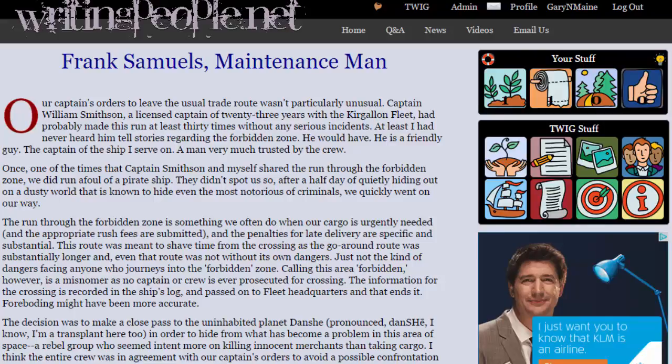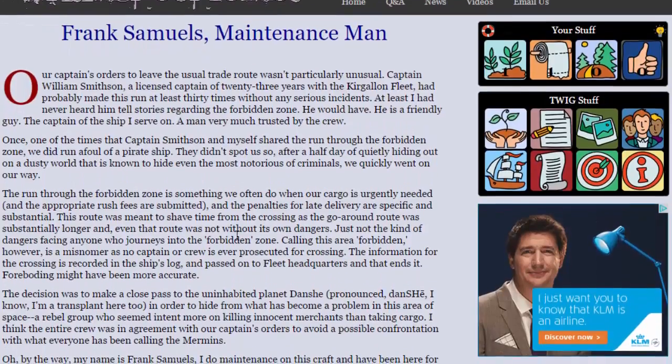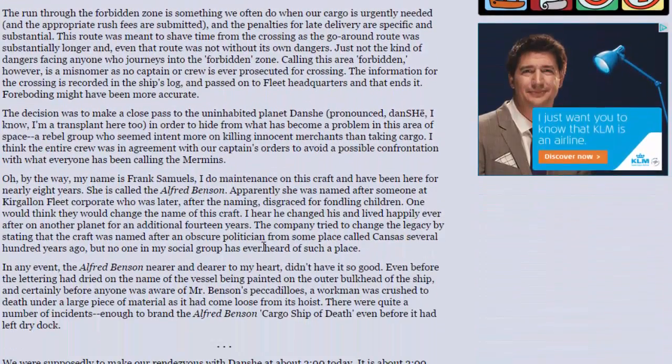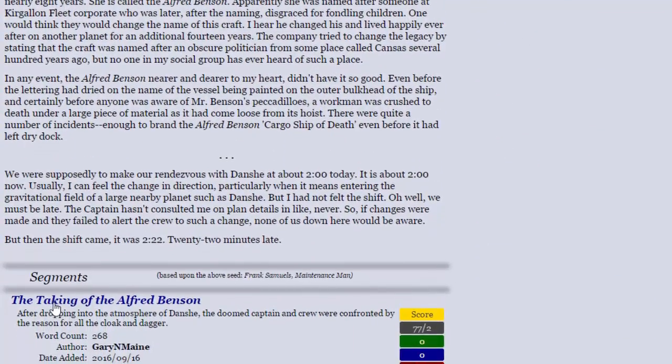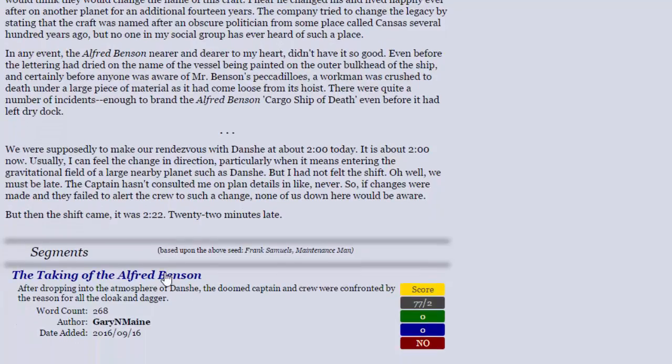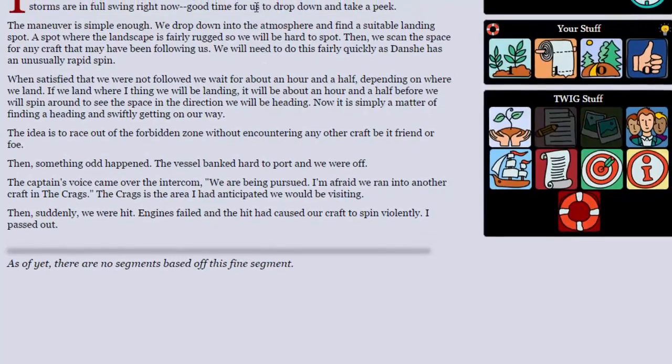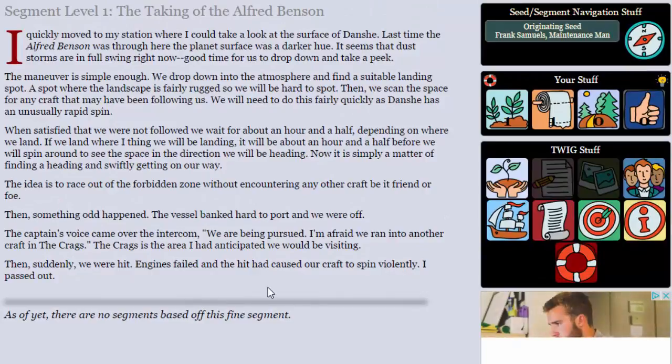The other day I added a segment to the Frank Samuels Maintenance Man story. You can see at the bottom it's called The Taking of the Alfred Benson. I'm going to go into that. It's a rather short piece. It's not very long. But it gets you through the phase of the Alfred Benson,